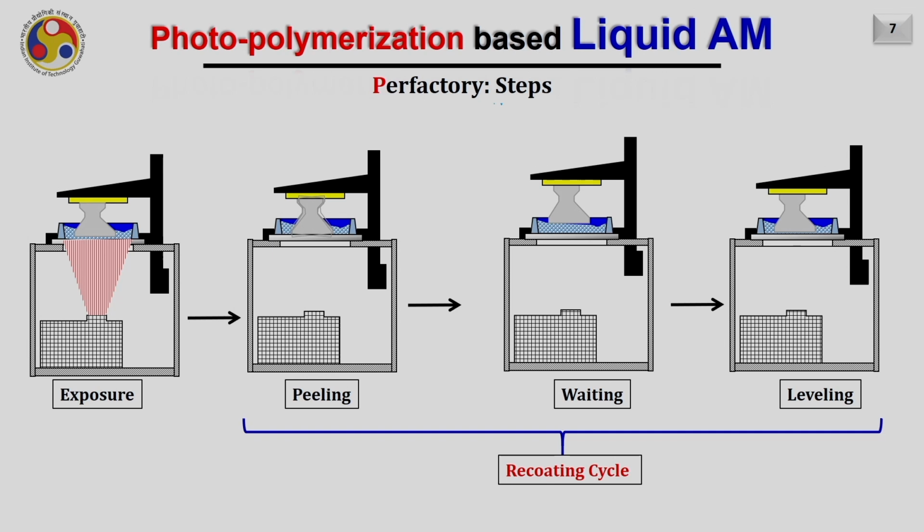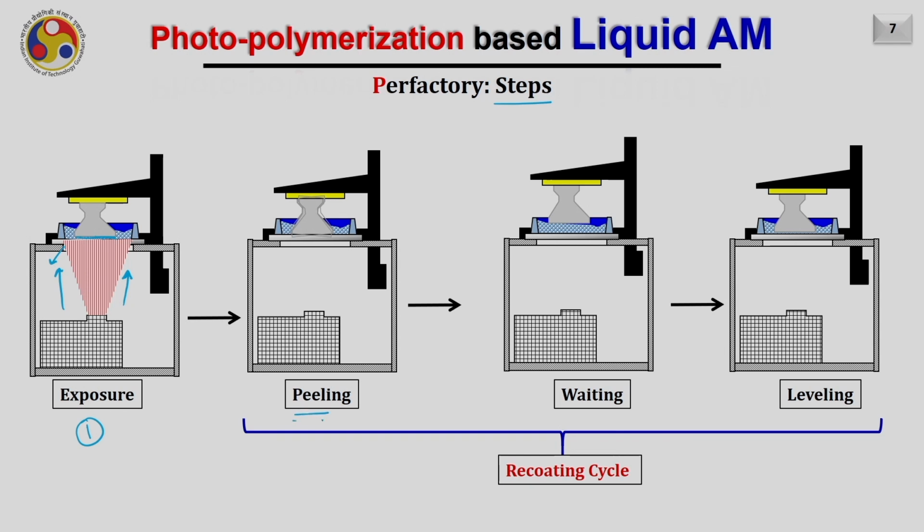So the typical steps involved in the wet photopolymerization process are highlighted here. The first step is, of course, the exposure. The UV light falls from the bottom onto a transparent window and interacts with the liquid photopolymer. As the liquid photopolymer interacts with the UV light, we know that the photopolymerization starts and this particular layer got cured. As this layer got cured, of course, some portion of the layer may get stuck with the transparent window as well. Hence, we have to appropriately remove it from the transparent window.